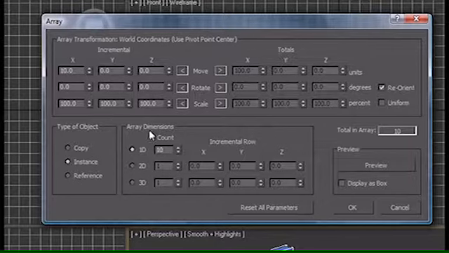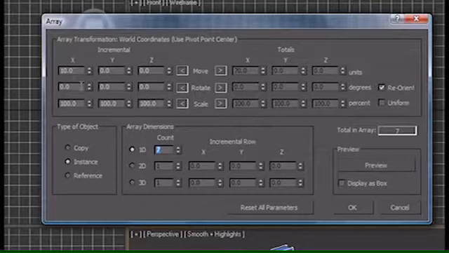And this array dimensions, the count, is how many objects you want. Well, I only want, let's say, 7. So now we have 7 objects spaced 10 units apart. So what this totals mean is pretty much how far apart they're spread times how many they are. That's the total. I really don't know why they give you the total. I guess if you want to change a total